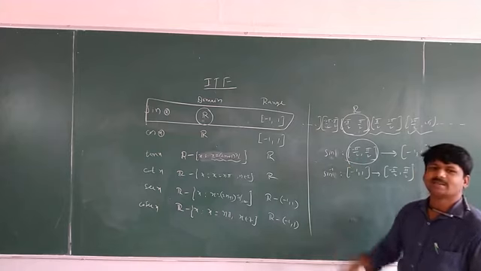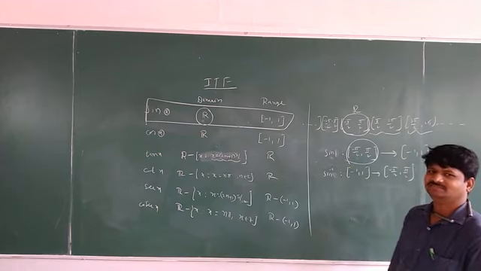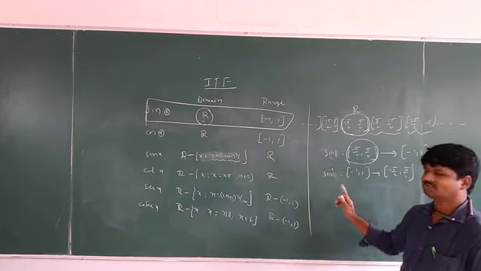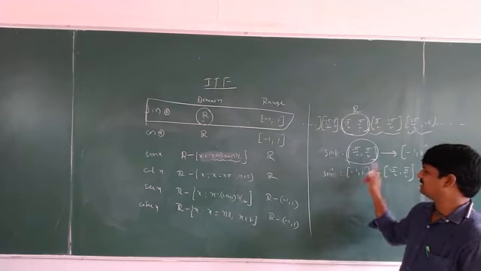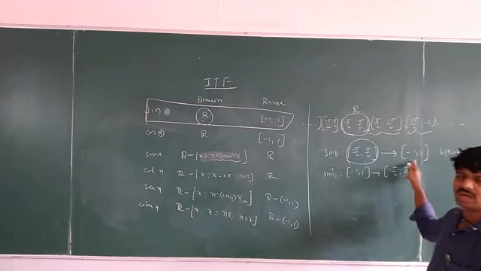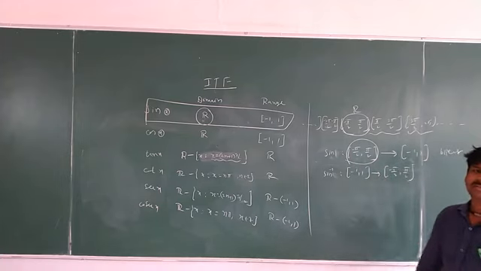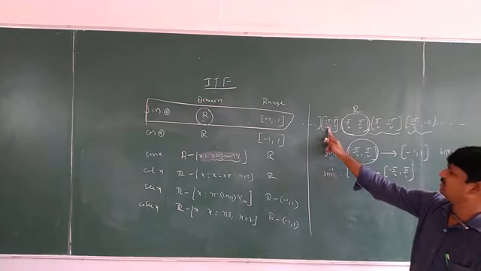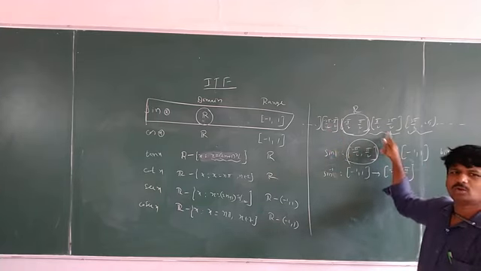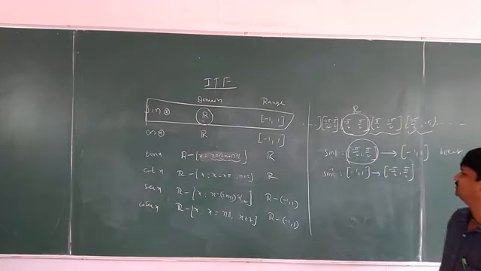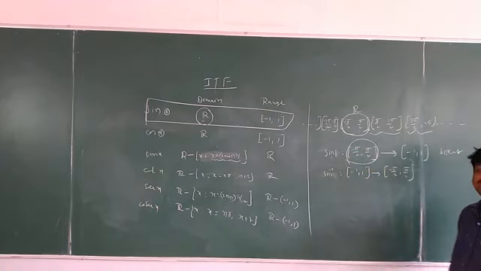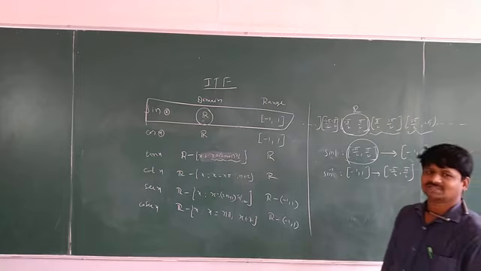Whenever this sin function is bijective, what can we define? You can define the inverse of that function. What inverse? Sin inverse is from closed minus 1, 1 to closed minus pi by 2, pi by 2. Sir, why are you taking this interval only? I want to take this interval or that interval. Yes, you can take it, no problem. So it is the inverse trigonometric function sin inverse.